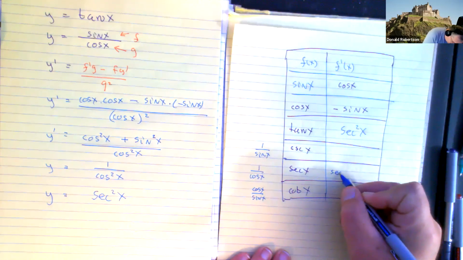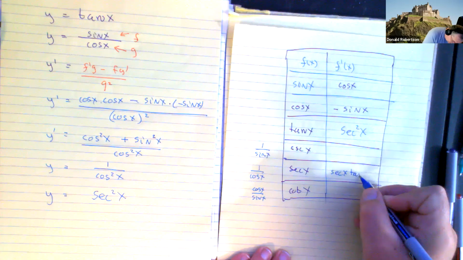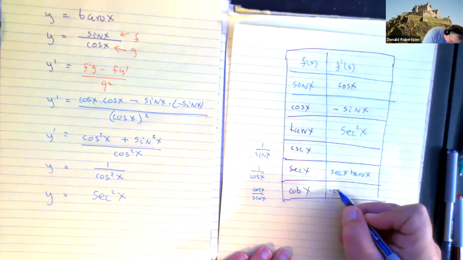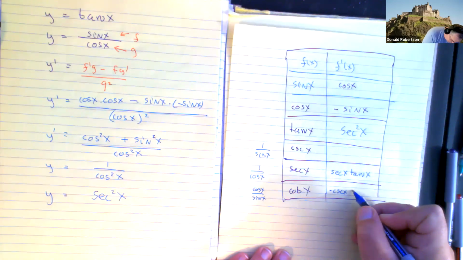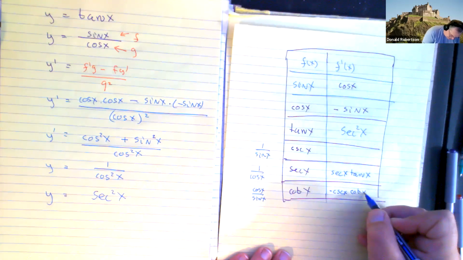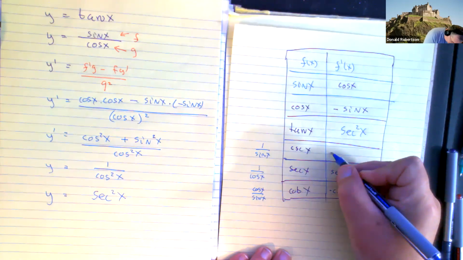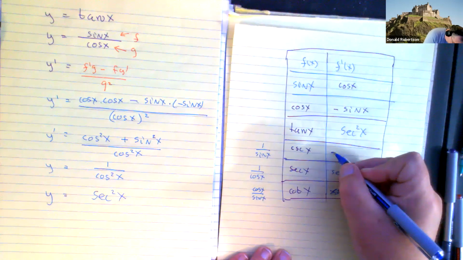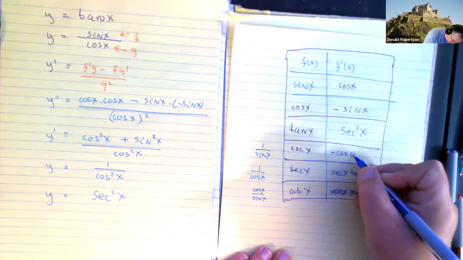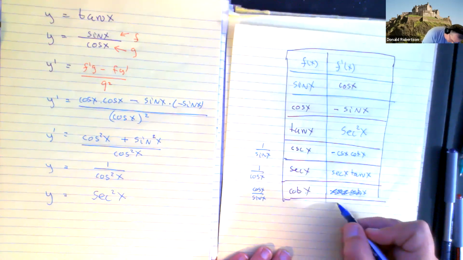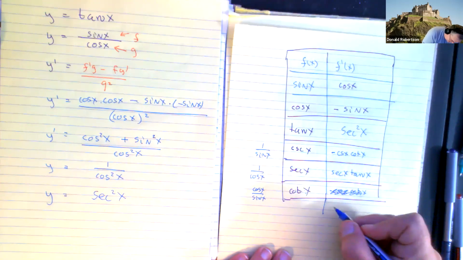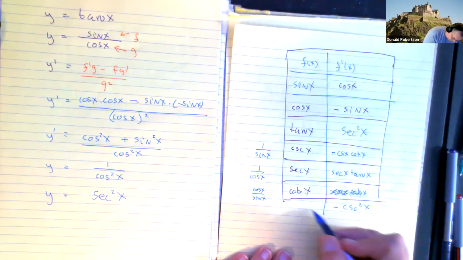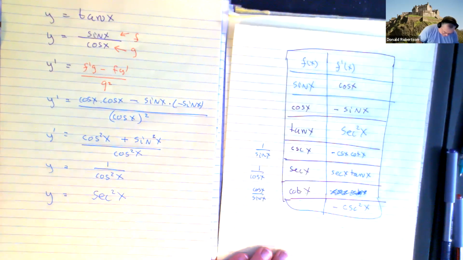So I'm just going to tell you what you're going to get. This guy here ends up being secant x tan x. This guy here ends up being negative cosecant x cotangent x. And this guy here ends up being, if I got that, oops, I apologize, negative cosecant x cotangent x. And this guy here, right, this one here, he ends up being negative cosecant squared x. So, now,